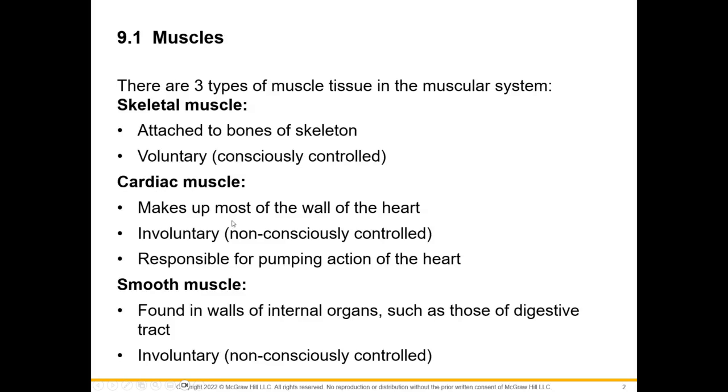Cardiac muscle makes up the wall of the heart. It is involuntary, non-conscious control, and it's responsible for the pumping action of the heart. And then you have smooth muscle that's found in the walls of the internal organs, like your digestive tract, like your intestines. These are involuntary also and under non-conscious